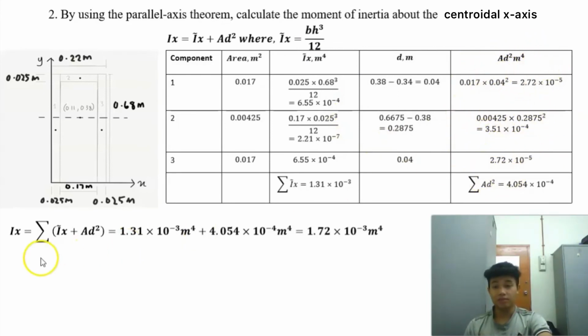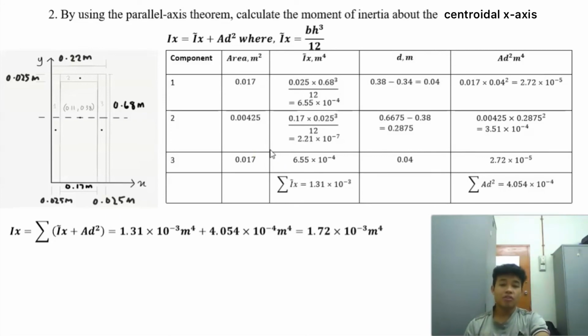But before that, we need to calculate the distance of every component, so we use the sum of the y-axis value minus the y-axis value of a specific component, like the first component, 0.38 minus 0.34 equals 0.04, where 0.38 is the total y times area over area, minus the centroid of the component. So we obtain the information from question 1. Otherwise, in order for us to complete the calculation, we need to calculate the cross-sectional area multiplied with the square of the distance from the x-axis. After we finish all the calculation,